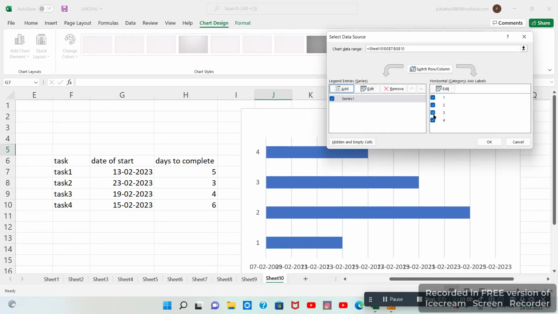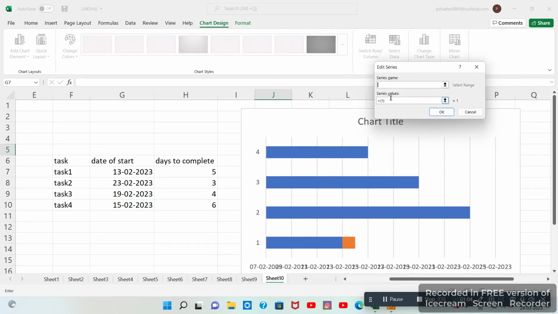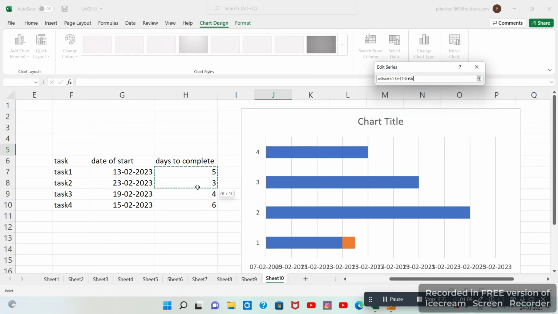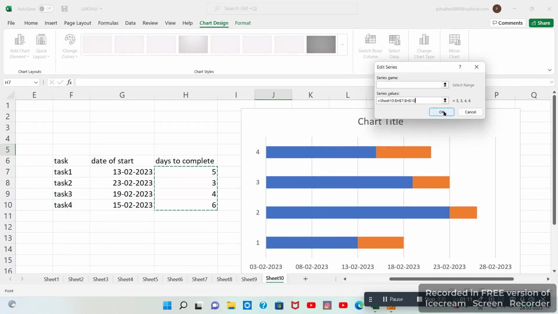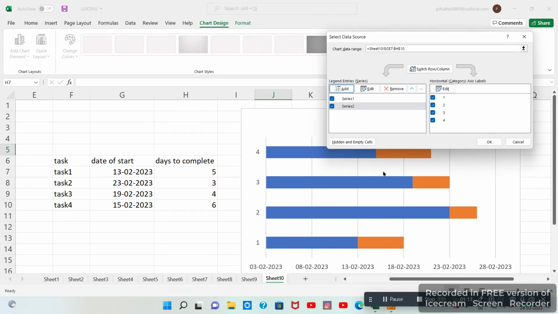Okay. Thereafter, in the same way, go to add, series values, and in place of series values insert days to complete. Okay. Here the dates have been placed at the bottom of the chart,